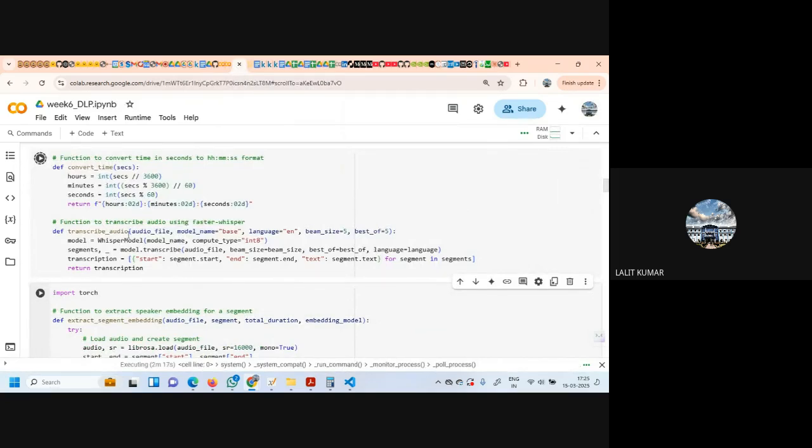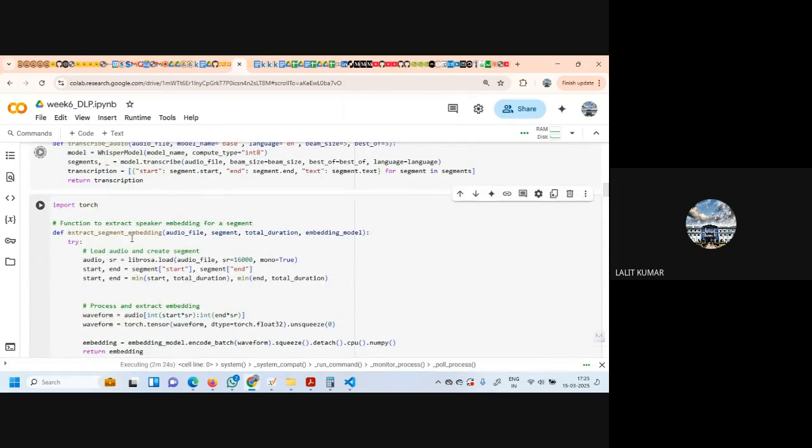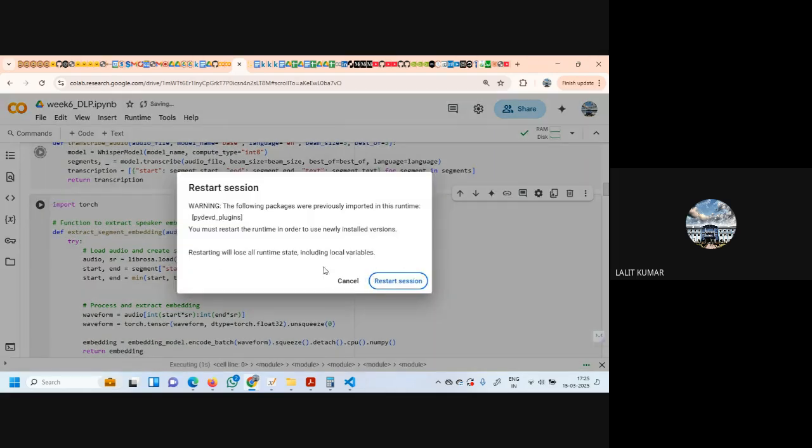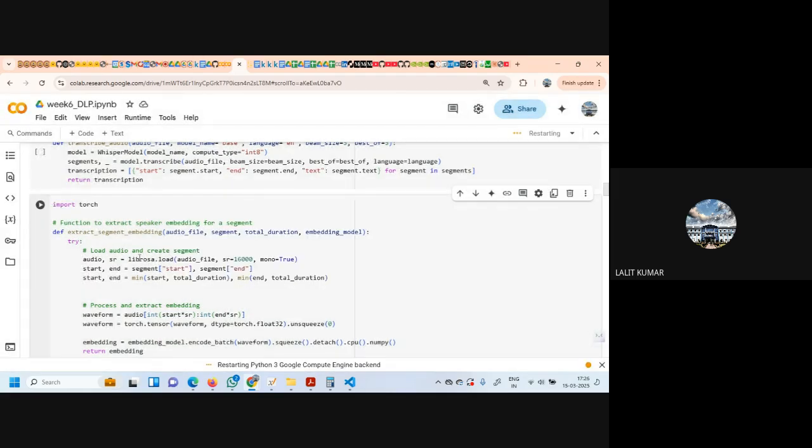So what we have done, we have transcribed the audio in parts, in the segments. Now from these segments and the transcription which we have got, we will try to extract the segment embeddings, and for this, we are using Librosa. So Librosa is basically used to load the audio and create segments.